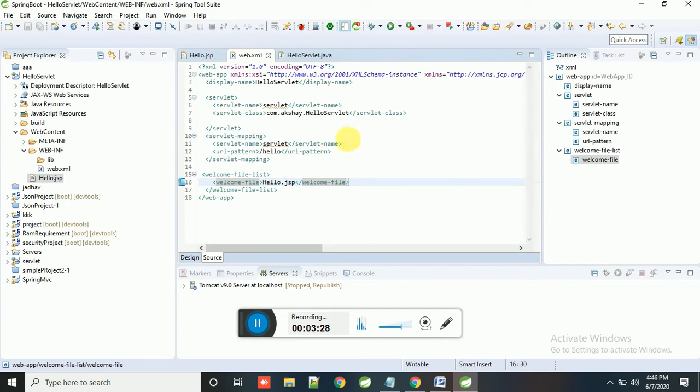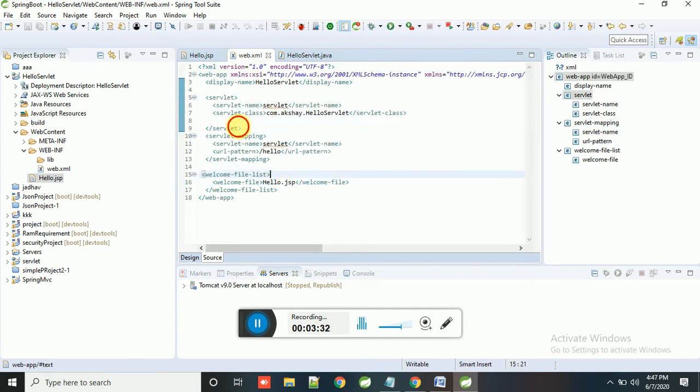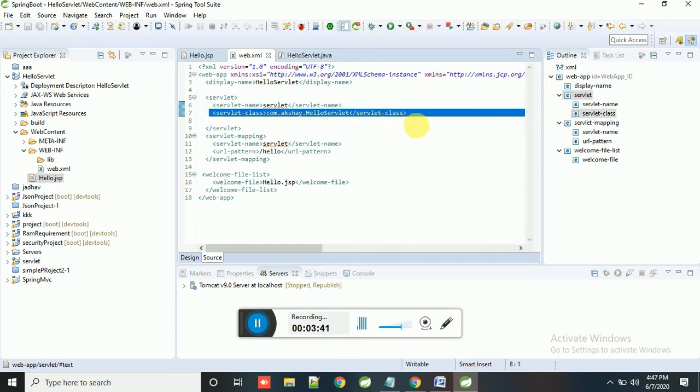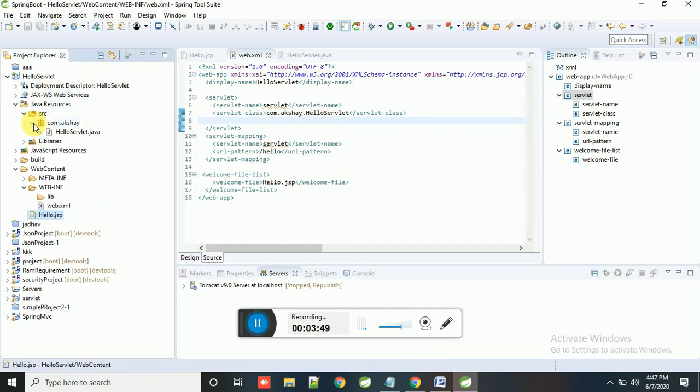Another point is servlet and servlet-mapping. Inside servlet we write a reference name inside that tag, and here the class name. Look here, I wrote com.akshay.HelloServlet. This is the package name and this is the Java class name.